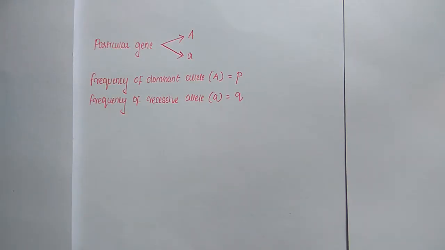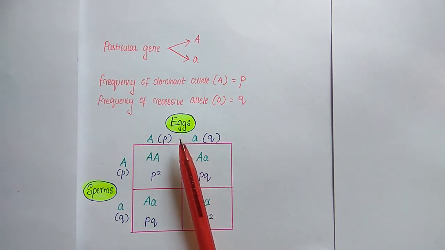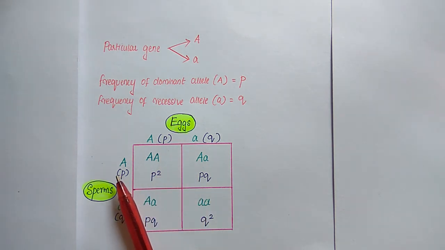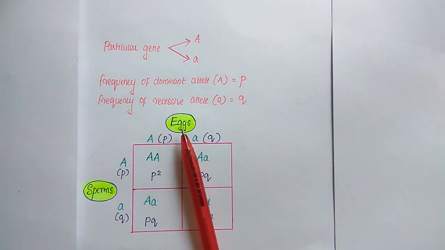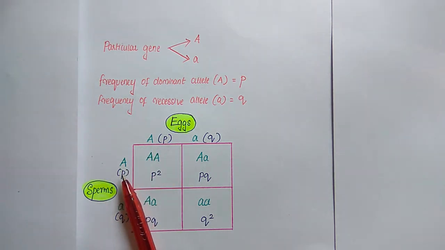In this population, a particular gene has two alleles, the dominant A allele and the recessive a allele. The frequency of the dominant A allele is p and the frequency of the recessive a allele is q. If we assume that the members of the population mate randomly, then the diploid genotypes of the next generation will be formed by the random mating of haploid eggs and haploid sperm. The probability that an egg or a sperm carries the dominant A allele is p, and the probability that an egg or a sperm carries the recessive a allele is q.